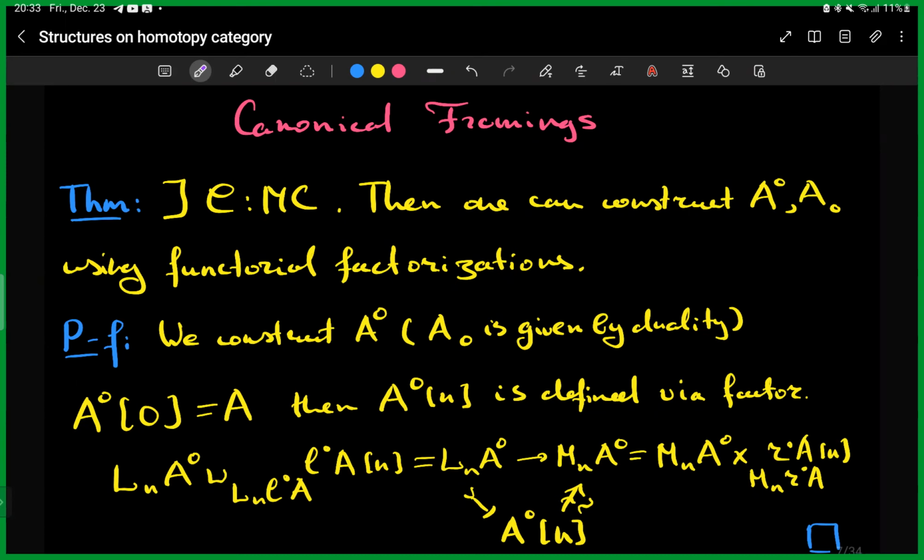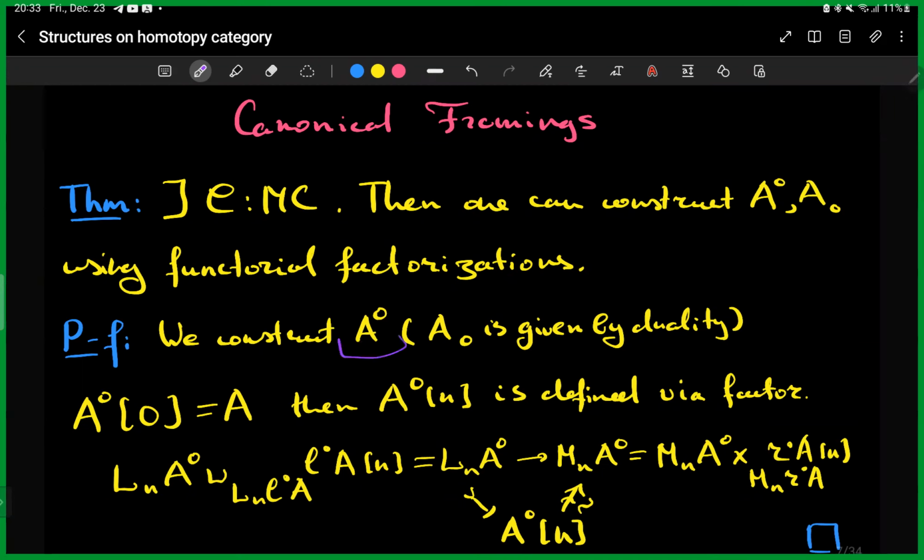Of course, it is easy to see that the notions of left framing and right framing are dual. So to construct both, it is sufficient to construct just a left framing, and then you can apply the same construction to the dual category. So to prove this theorem that we have these canonical framings, we just construct the left framing,